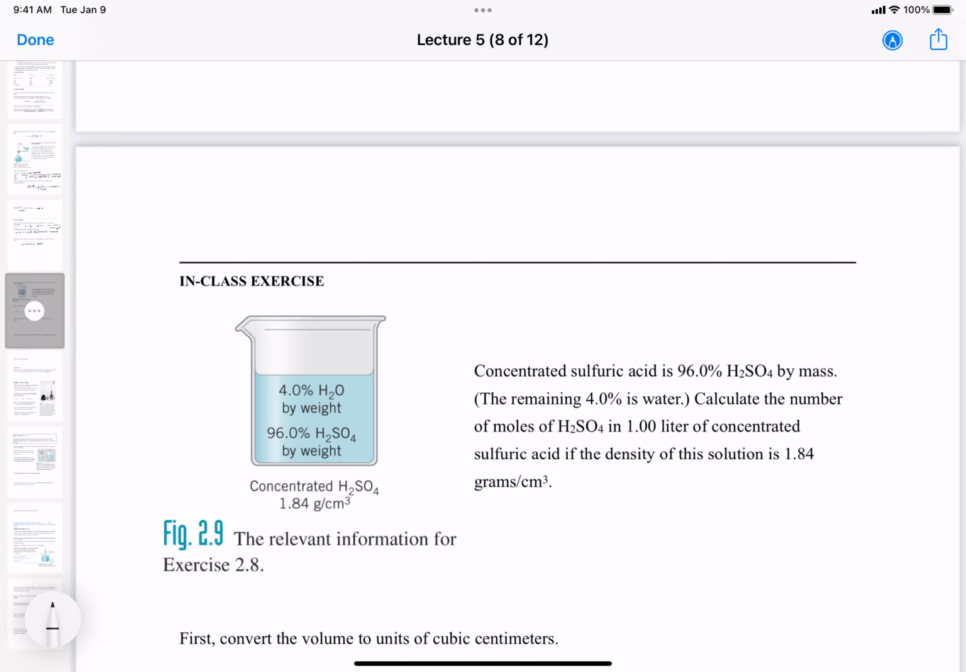Okay, let's now do another example here. So you see here, concentrated sulfuric acid, a very powerful and strong acid, is 96% H2SO4 by mass. So the remaining 4% is water. So this is an example of concentration where we say we have a weight percent, which equals